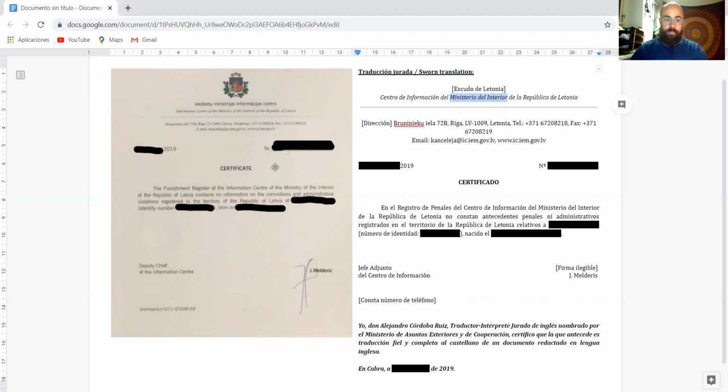But this person was traveling to Spain, so I used the Spanish equivalent, which is very similar to the one used in English. Then we have the address, and for such a type of document, a legal translation, addresses should not be translated. Only if there is an equivalent, such as, for example, Latvia is Letonia in Spain. Therefore, you can translate the name of the country, but you shouldn't translate the street name Bruninieku Iela. You should just leave it as it is, in the same way that they have used in the original document, they have not translated iela as street.